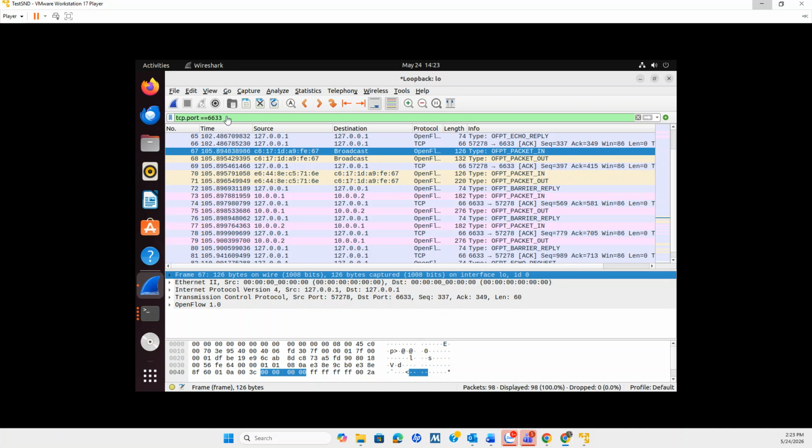First, in Wireshark, we will apply a filter, which is tcp port 6633, because OpenFlow communication in this setup uses TCP port 6633, which is commonly used by default by the POX controller for controller and switch communication. And here, in this packet 67, right here,